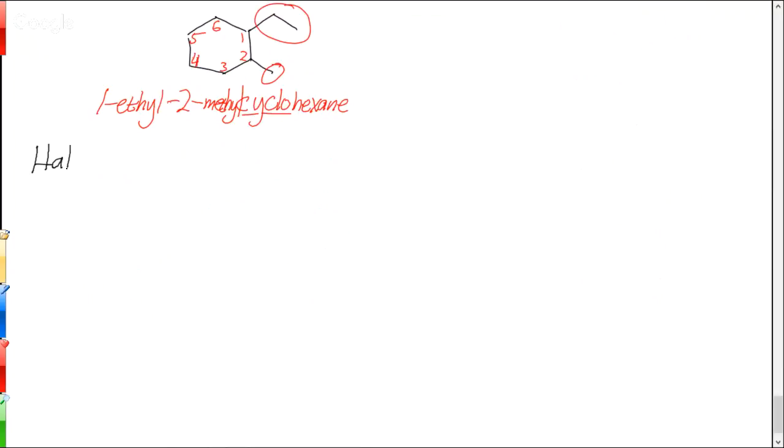The other common, easy-to-name substituents are the halogens. We've talked about the halogens before: fluorine, chlorine, bromine, and iodine. Well, they're very common organic substituents. They can do all kinds of interesting chemistry. And so their names are